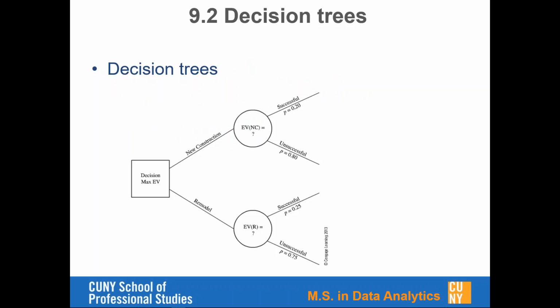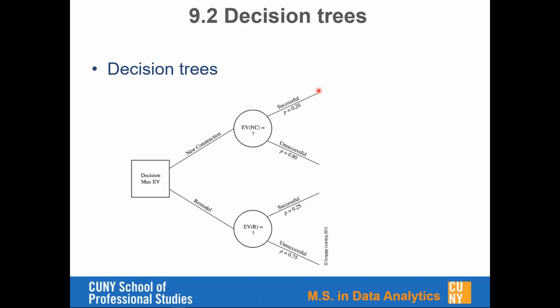And then for decision tree, what we're trying to do is, in this case, say that at a certain node, the first node, we have two possibilities. One possibility is to do a new construction, and the other possibility is to do a remodel. And then for the new construction case, this is called a probability node because at this stage, it could be successful, could be unsuccessful, and then associated